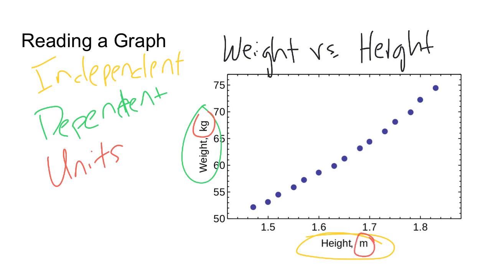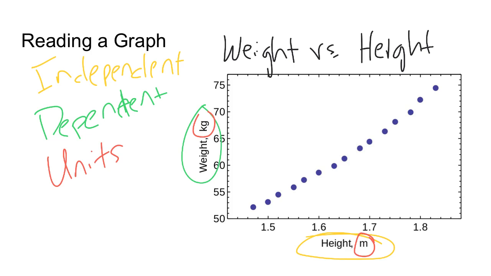So having all three of those aspects, the title, the independent variable, the dependent variable, and the units all spelled out on here is very important for our graph, because the purpose of a graph is to be able to communicate information with someone else. And so we have to make sure that they know how we did our experiment and how we measure these things. And so if I look at this graph, let's say I was trying to figure out